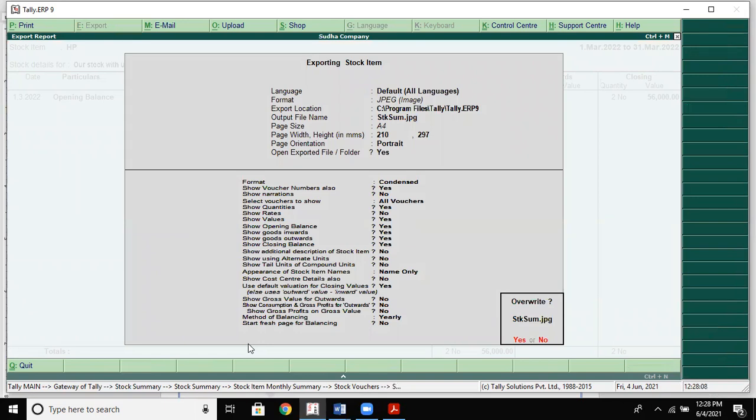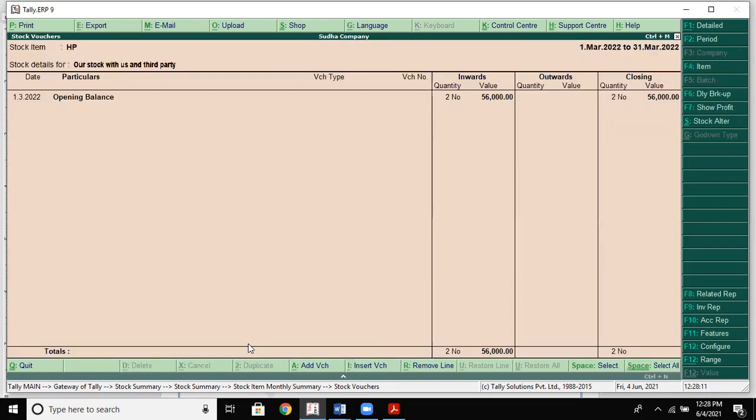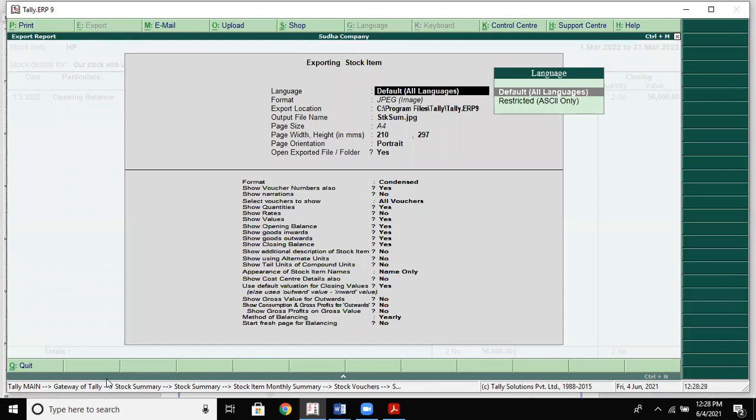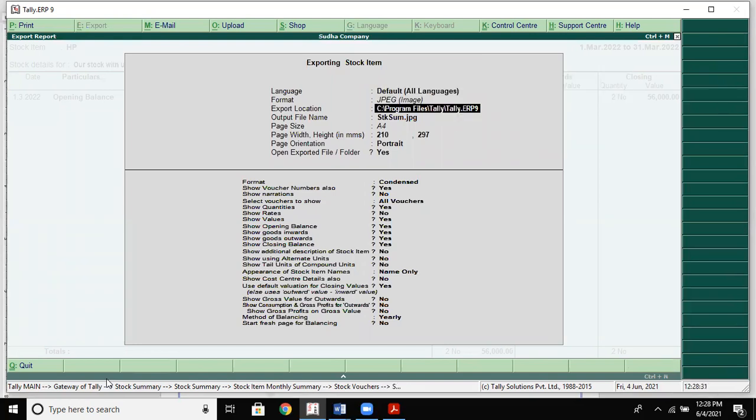Export, yes. Override, yes. Okay, output file name, we will give stock dot jpeg.